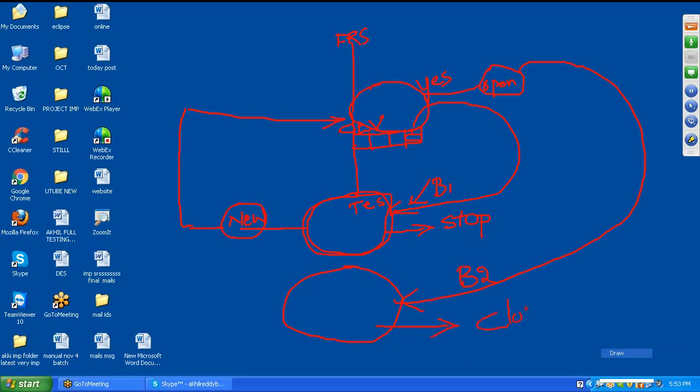Why? Because the first time, we will give the status open. The second time we will give the status closed, because we already raised the defect. And if we feel no, this defect is not at all verified or rectified, then once again we will reopen the defect and raise it to the developers.